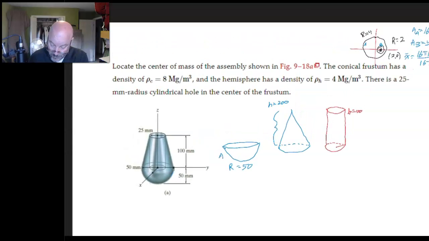Okay, and then the last piece that we need is this top part here. Okay. And the height of that is 100. Okay, now I put them in different colors because of what we're going to do when we get ready to find out